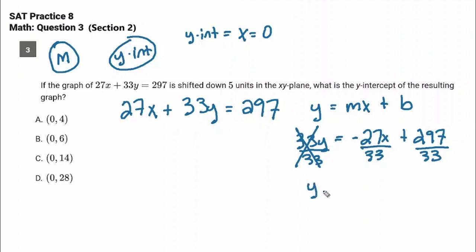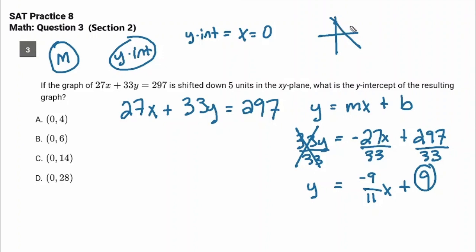Now we have y equals, this part doesn't matter, but some people can't help themselves. And this is calculator math. 297 divided by 33. 9. Now you've got y equals mx plus b. What's the y-intercept in this equation? It's 9. And that means that this line, whatever it looks like, crosses the